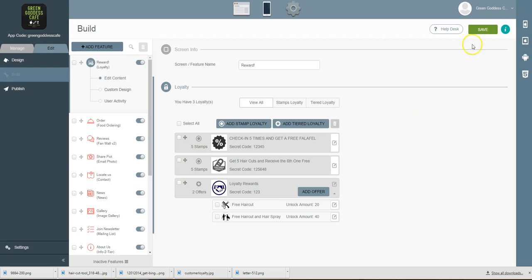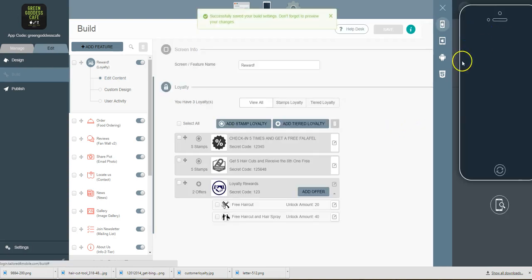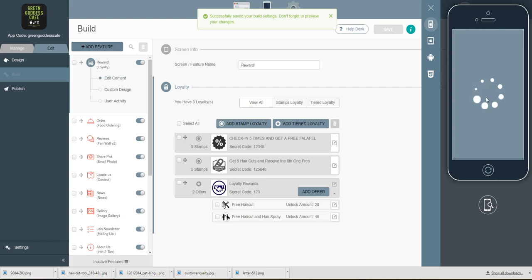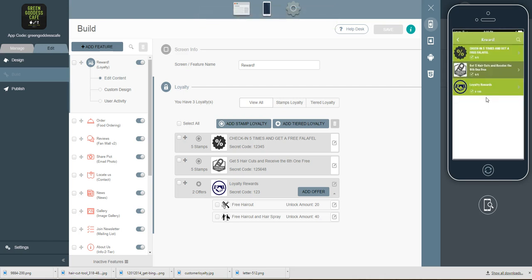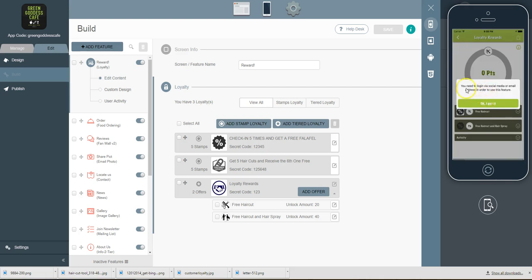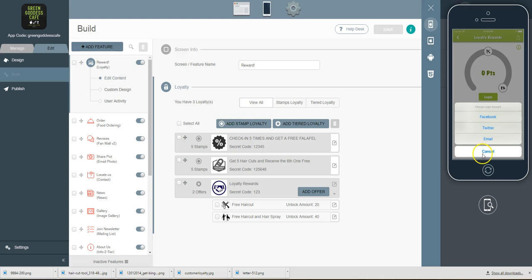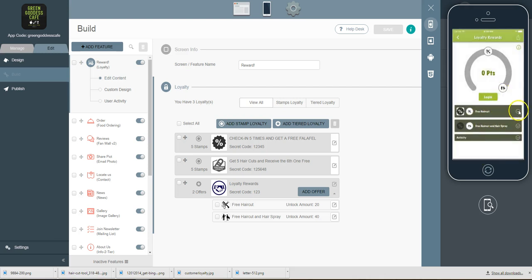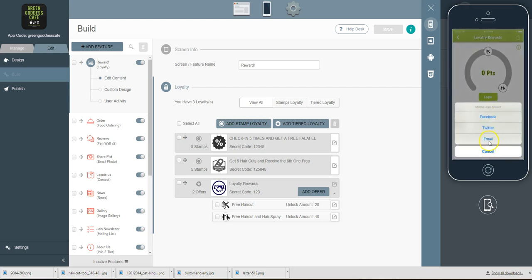So I'm going to take a look at kind of what I've created so far. Hit save, go to your app to preview it, and then you'll see just the differences. And we have so many different types of loyalty programs that are very, very powerful, and this is probably the most powerful one. And so you need to log in by social media to access this feature. So they need to log in through Facebook or Twitter, and it's the same sort of concept. So they're working towards these points up here. So at the very end they get a free haircut and hairspray, or they can redeem